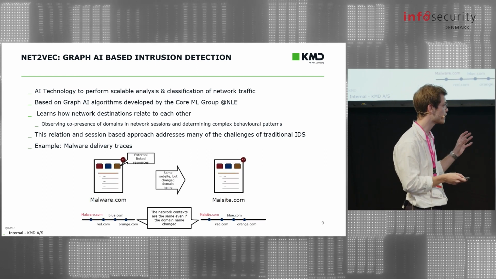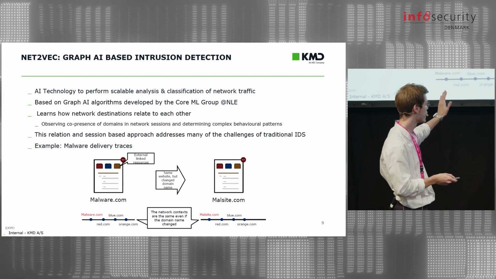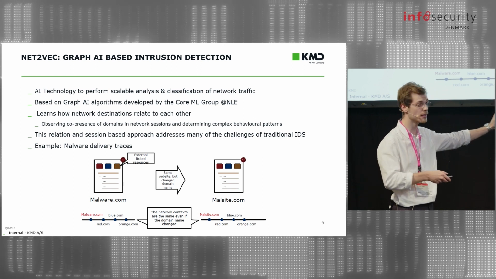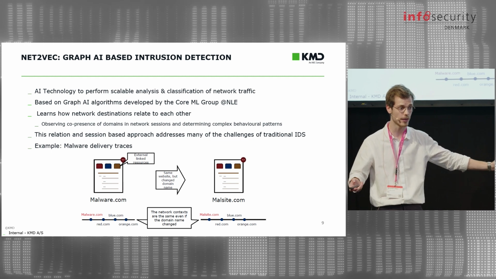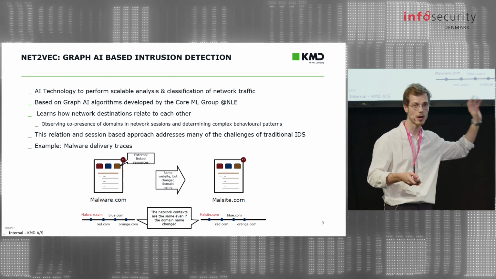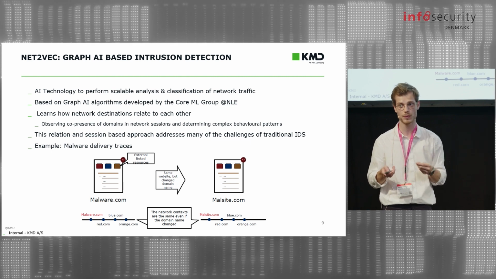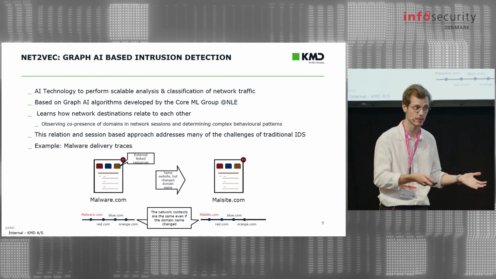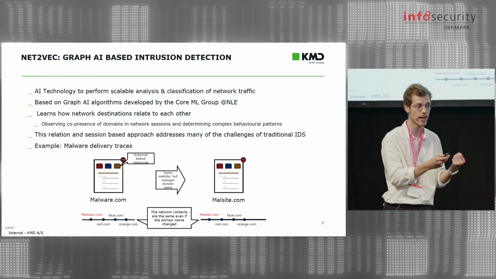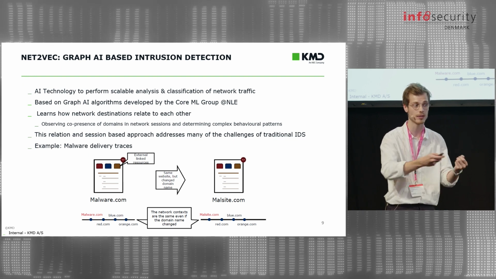So a quick example could be a malware delivery chain, where a site will change domain name and hereby circumvent a blacklist feature that flagged it previously. The context in which it exists in the network might be the same, and netværk would be able to detect this in many cases, because it's based on the behavior of the threat instead of the signature of it.